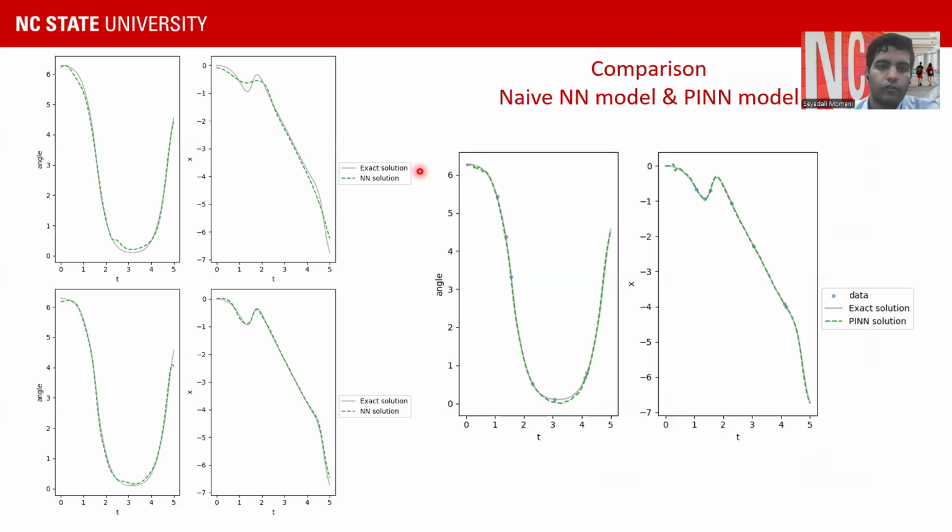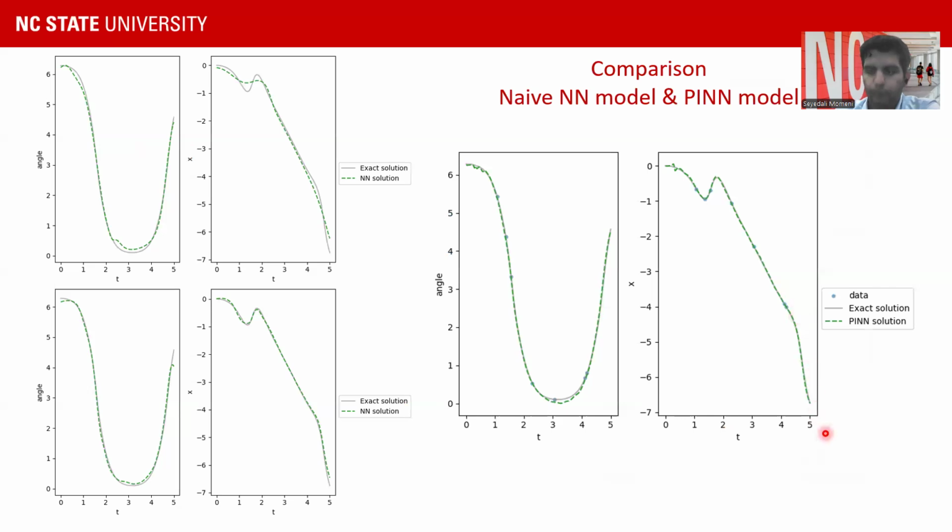But hopefully the naive neural network performs much better with a much smaller data set. Here is the model with 3 neurons and 100 neurons, and you can see that it could predict well. And the best one was the physics-informed model. Even with 7 data points, it predicted well, even in the area that we didn't provide any data, for example,